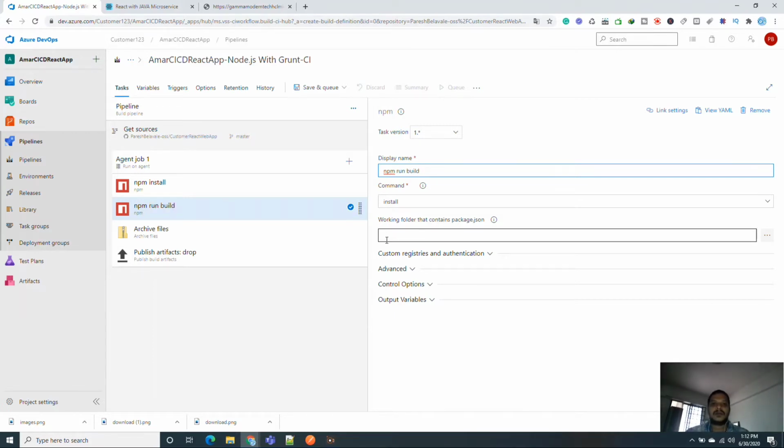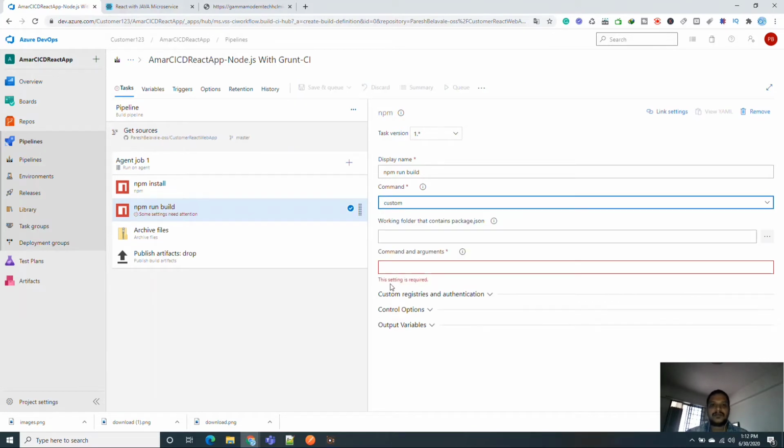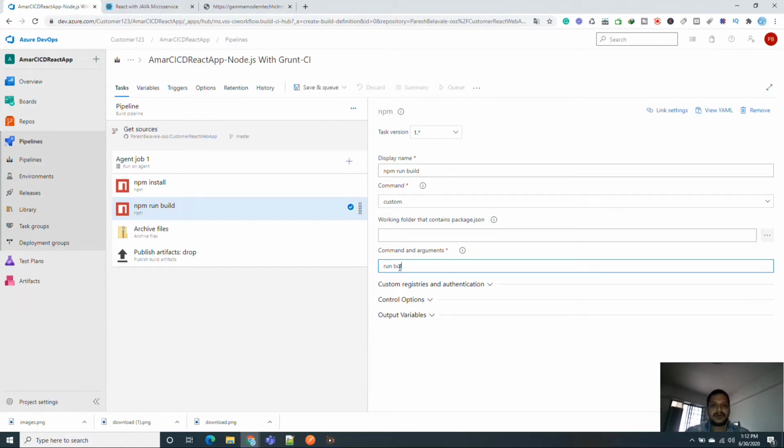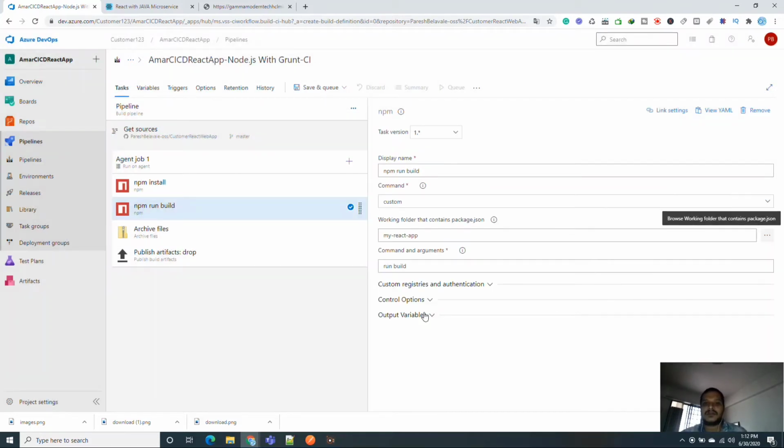And then for the command, you have to select custom, and then you can give the command: npm run build. And then you can select the path where your package.json is present. So this is where my package.json is present. Okay, so likewise I have created the steps.